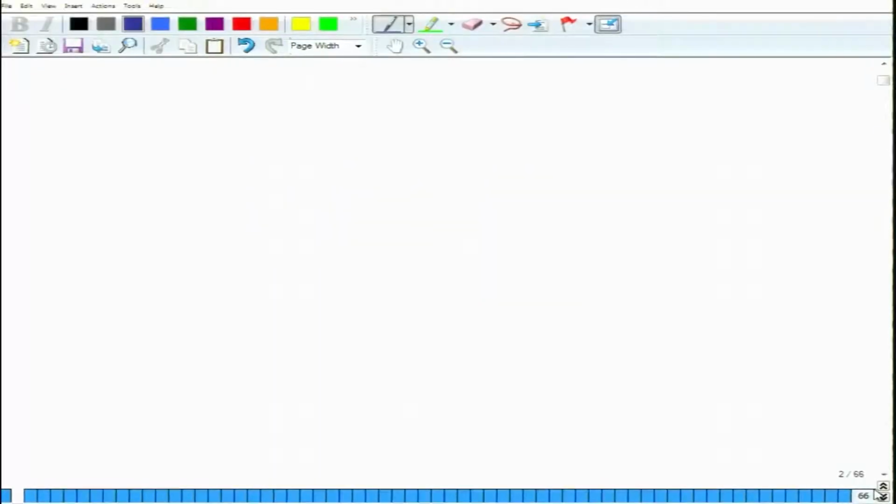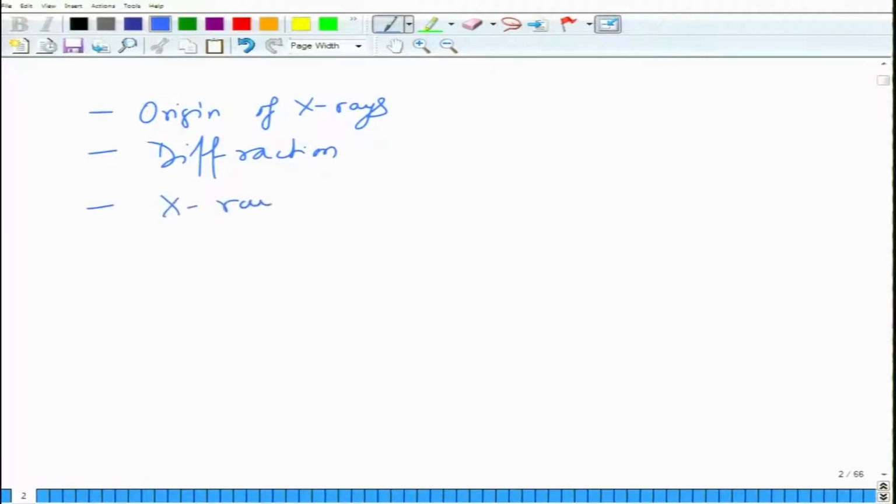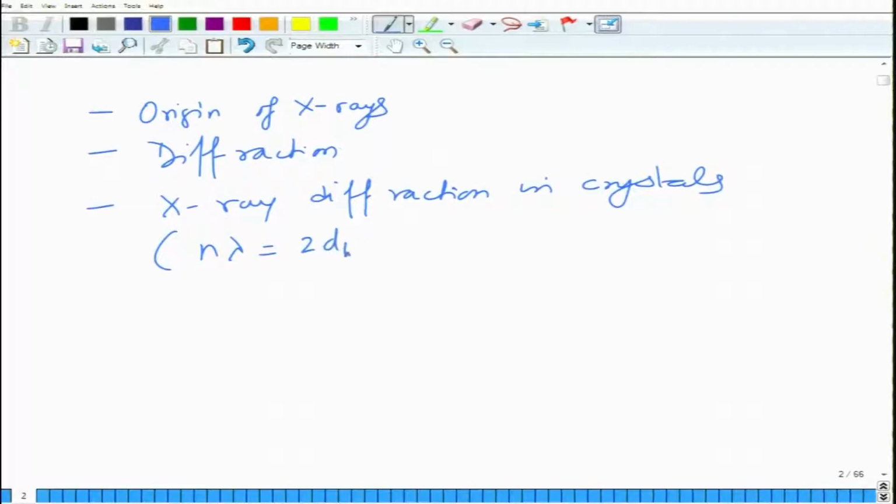So what we have learned so far in X-ray diffraction is the origin of X-rays, what is diffraction, and then X-ray diffraction in crystals, which is expressed by n lambda is equal to 2d HKL sin theta, which is Bragg's law. And then we looked at the methods of diffraction,